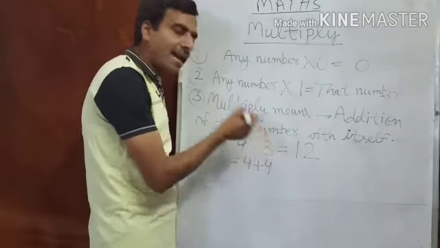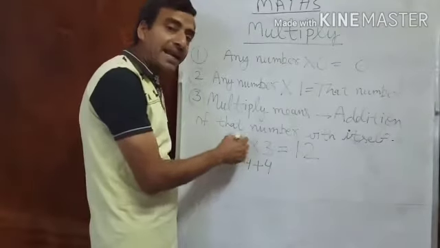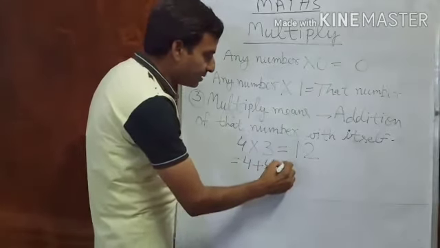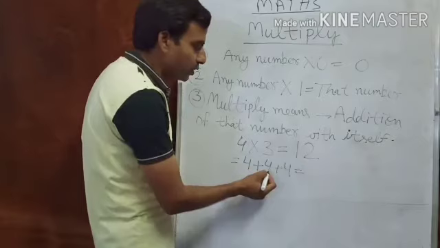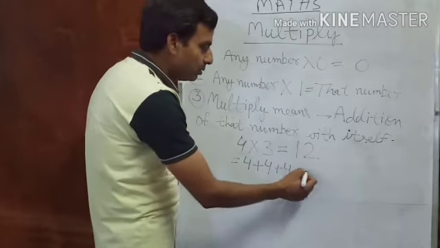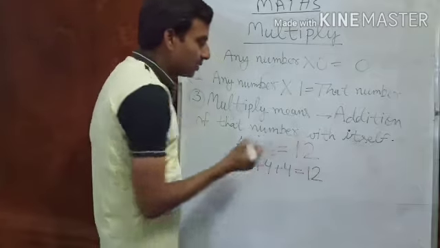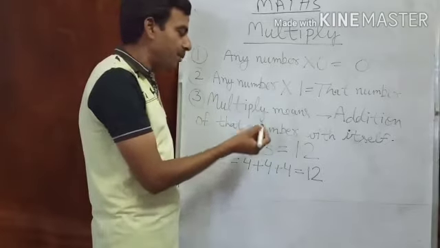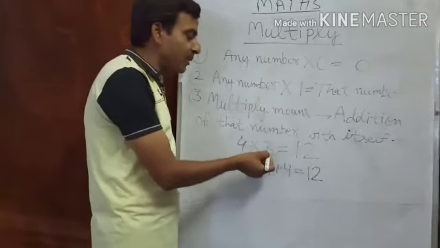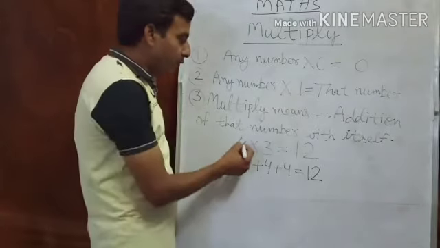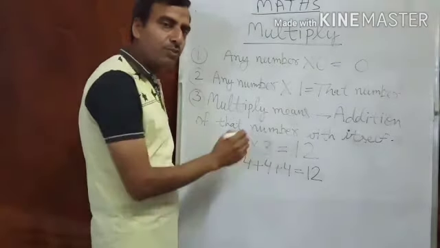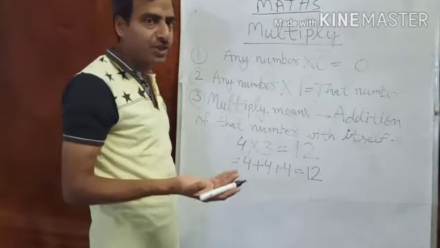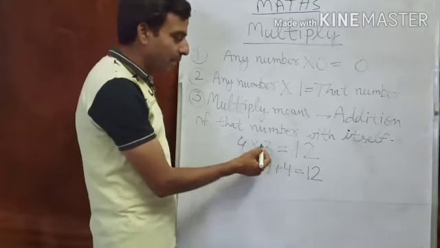The multiplier is telling the times. How many times is 4 added with 4? 3 times. 1 time, 2 times, and this is 3 times. Added: 4 plus 4 is equal to 8. 8 plus 4 is equal to 12. Understood now? Multiply means addition of that number with itself. How many times? It depends on its multiplier. If 4 4s are 16, 4 multiply 4 means 4 is added 4 times, then the answer will be 16. Directly we read the table and do it like this.